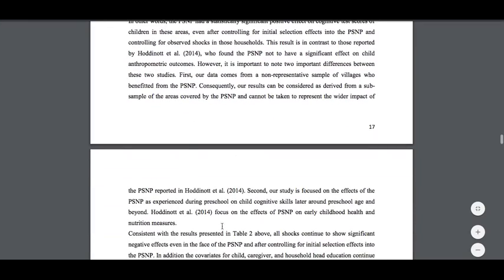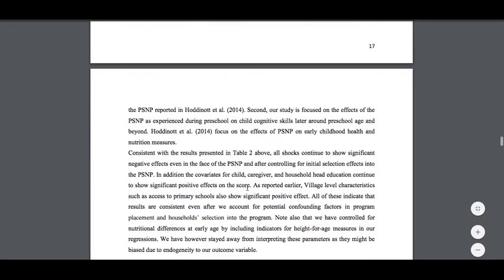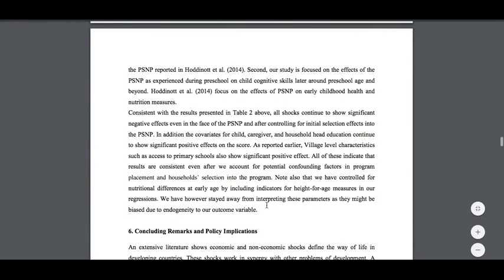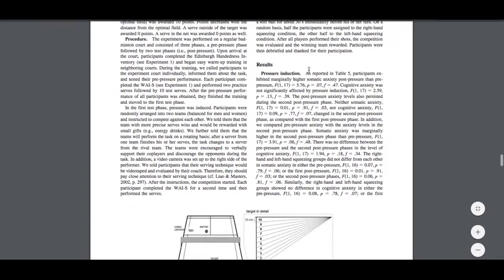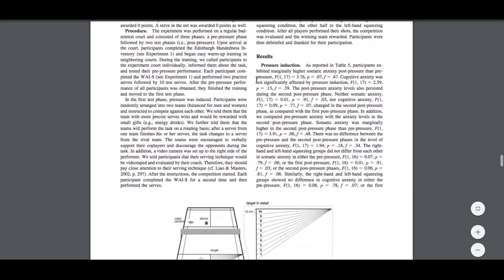This is a very good example of factual empirical language. There is no personal or subjective influence in here. All right? It explains what they controlled for. It explains all of these things. This is a perfect example of a results section. Okay? Let's look over here. Again, we're leading to the tables. As reported in Table 5, you need to be this explicit. Participants exhibited marginally higher somatic anxiety post-pressure than pre-pressure, ...